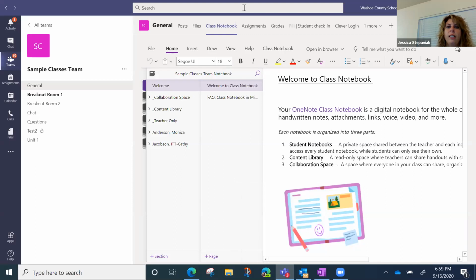But if you are opening Teams and going to your assignment, if the assignment is linked to the OneNote class notebook here, then it will automatically access the OneNote app that you've downloaded on your mobile device and allow the students to do all of the things that they need to do in order to complete their